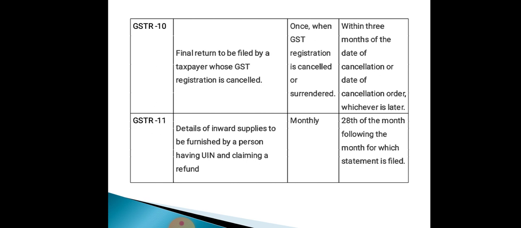For instance, if a US embassy paid GST of rupees 45,000 on food, hotel, etc. during his stay in India for the month of August 2017, then he must file the return in GST Return 11 by 28th September 2017 in order to claim a refund of such taxes paid.